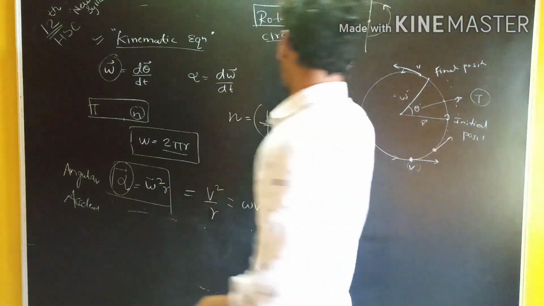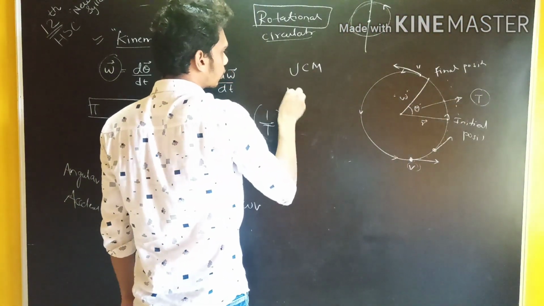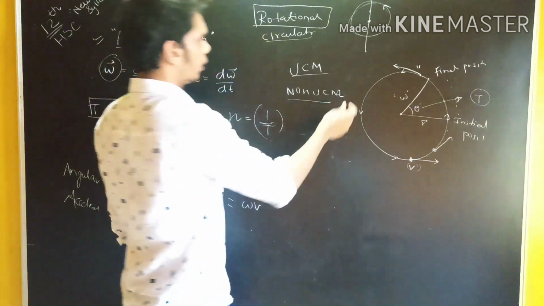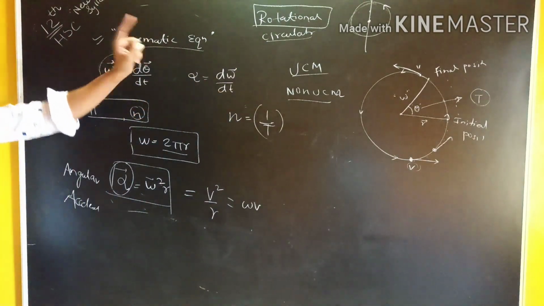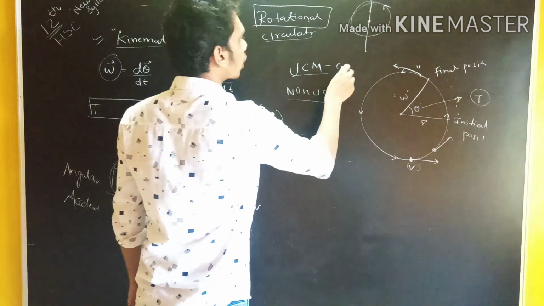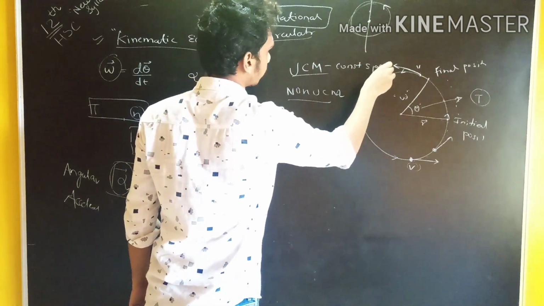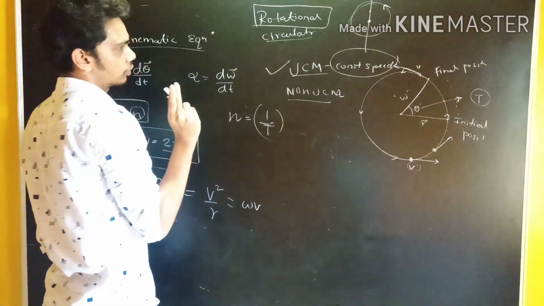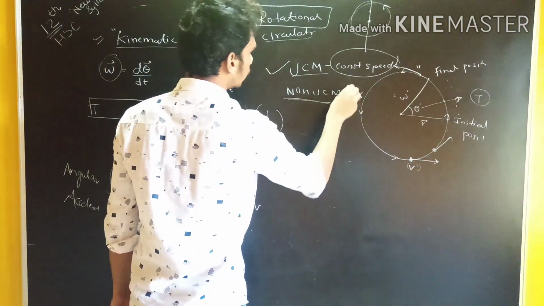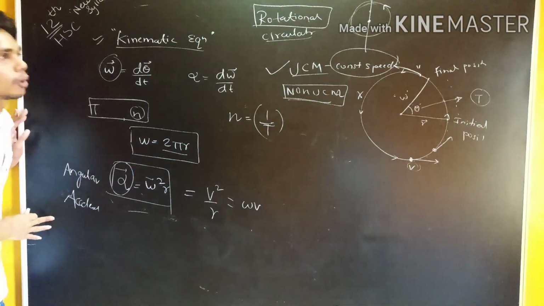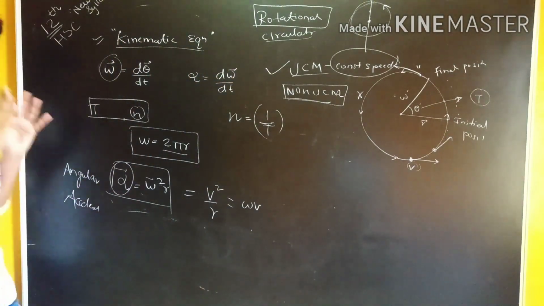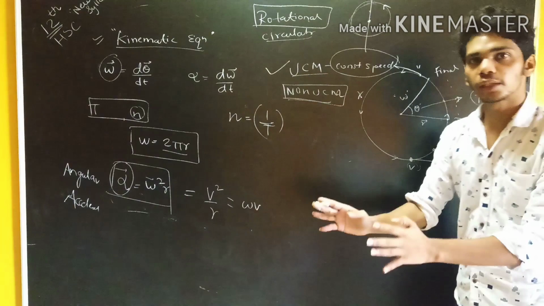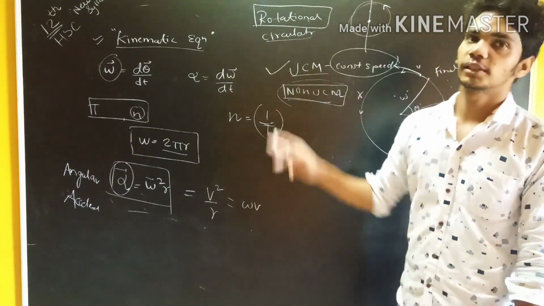We have to understand these 3 points when you talk about the angular acceleration. What is UCM and what is non-UCM? Let's clarify this. When I talk about uniform circular motion, the object is moving in a circular motion with a constant speed. That is a more important point you have to understand. The speed should be constant, then only it's called UCM, uniform circular motion. When the speed is not constant, it's called non-uniform circular motion, which we're going to talk about in a stepwise manner. So whenever you talk about UCM, you have to understand that it's a constant speed. In non-uniform, the object is moving in circular motion but not at a constant speed.